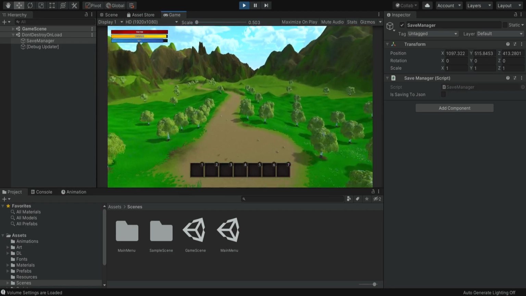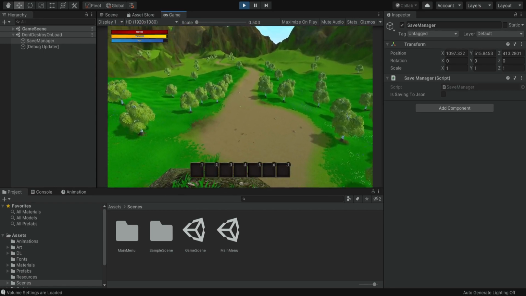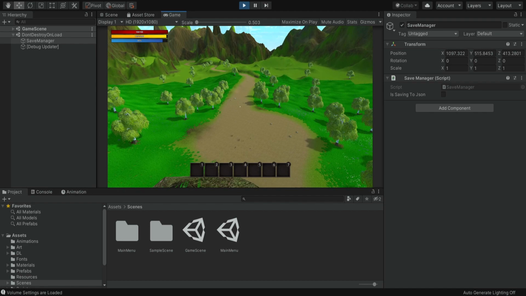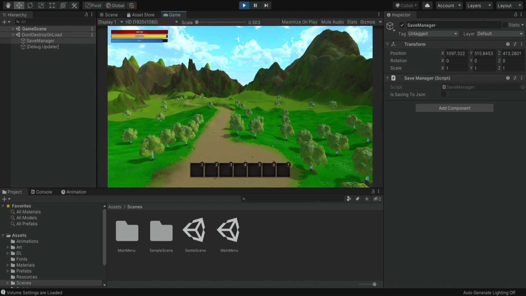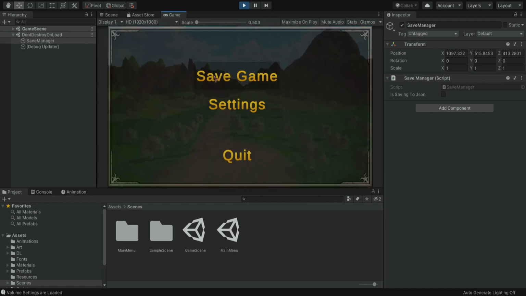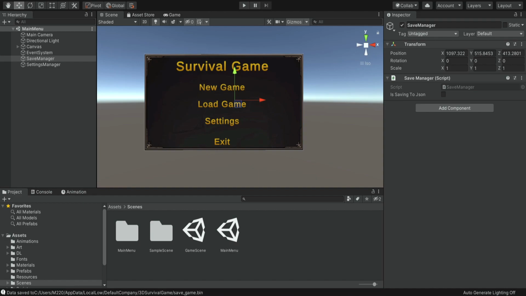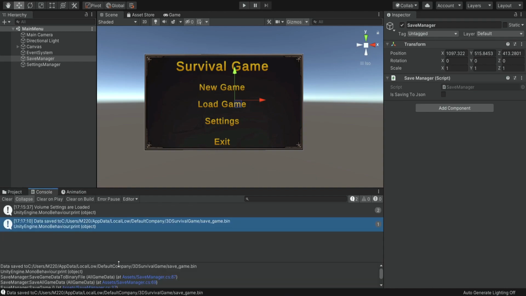And of course, we know that we stand on this cliff and not in the regular position when we start a new scene. So now we're going to open the in-game menu and we're going to click on this Save Game. And we can see at the bottom, we printed the location of the file. So you can see users, and this is the location of the file. So let's go to this location. So let's go to this directory. If I click on this and then I copy all of this